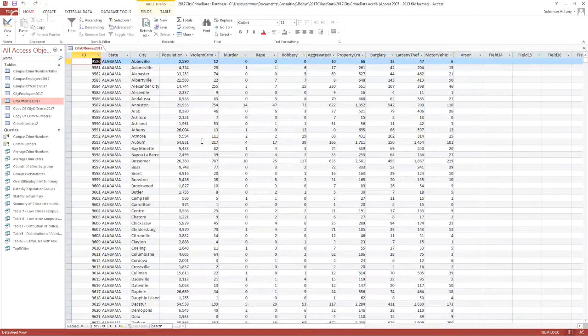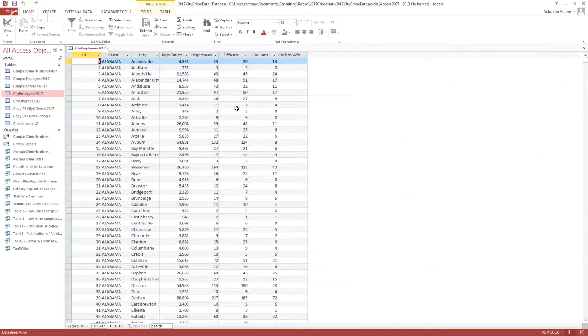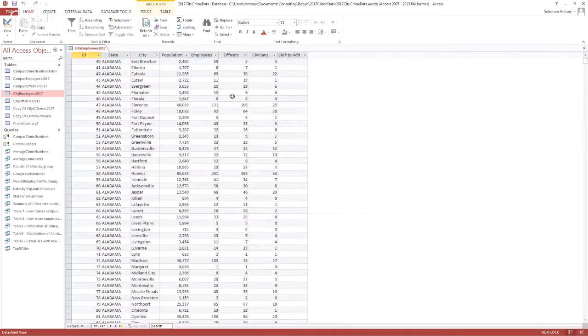The same data has now been brought down to MS Access, and once this data is brought down, we can do some sorting and filtering and all that much easier. Similarly, for each agency that is reporting, they also have number of employees in that agency. For Alabama's Adamsville Police Department has 33 employees, 20 of them are officers and 13 civilians, and so on. So it's got nearly 9,000 records like this.